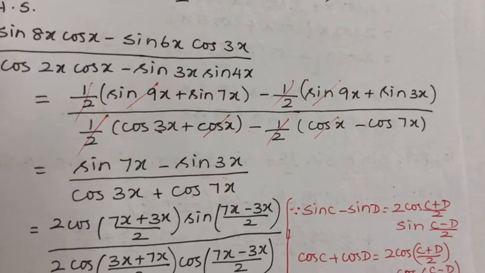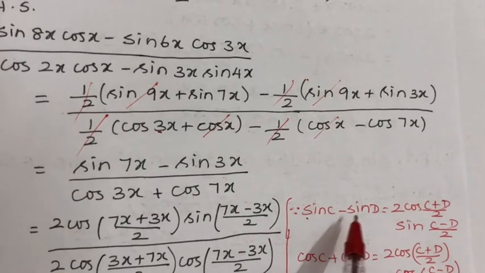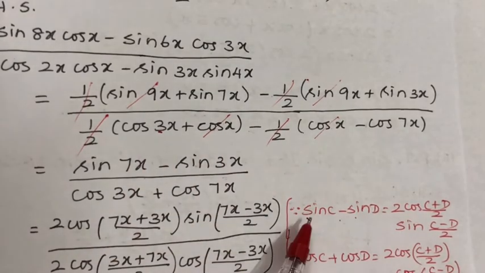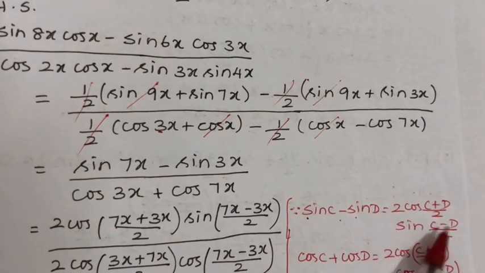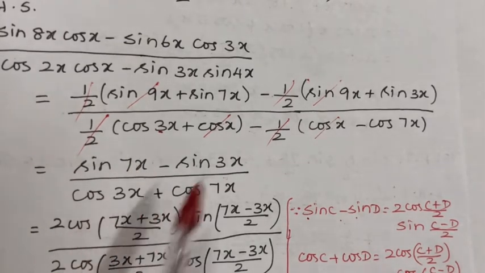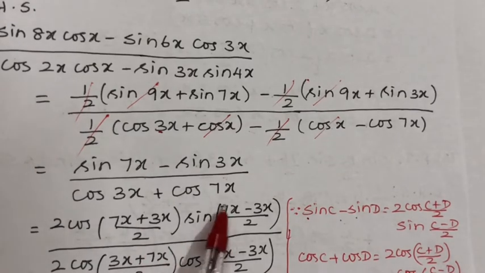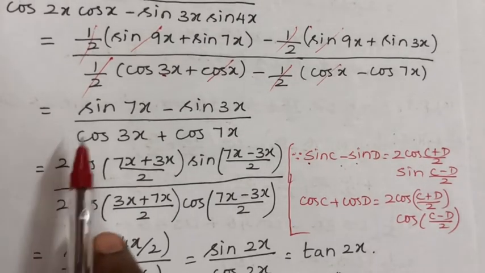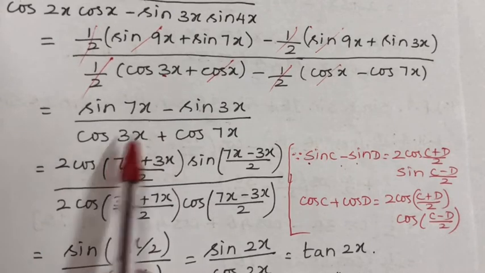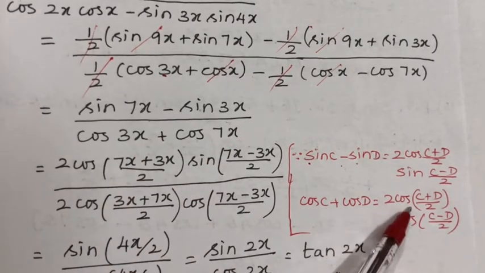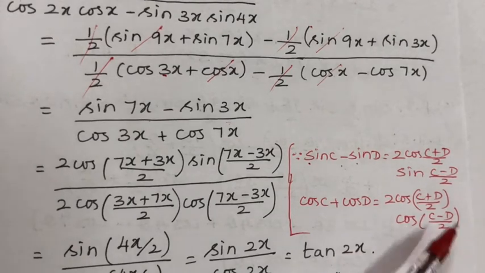Okay, now we can use sin C minus sin D, sum to product identities. Here we convert the sum into a product. Sin C minus sin D is equal to 2 cos (c plus d) by 2 sin (c minus d) by 2. So 2 cos, what is our c and d here. So c plus d by 2, c minus d by 2. Here in the denominator, cos c plus cos d. Here there is minus, so we took the minus formula there. Here plus, cos c plus cos d, that is 2 cos (c plus d) by 2 cos (c minus d) by 2.